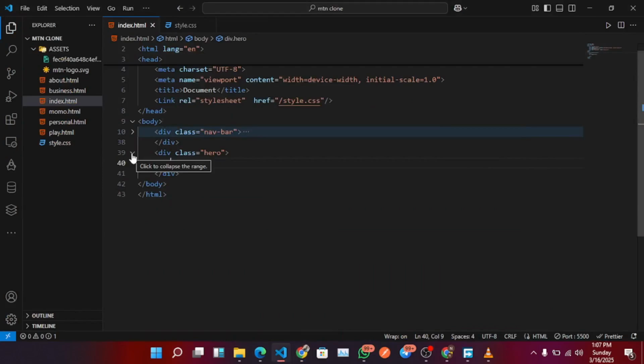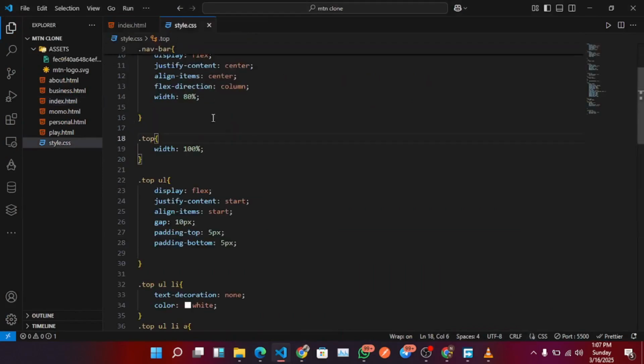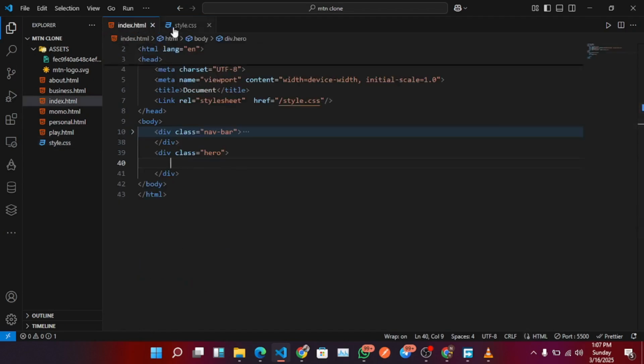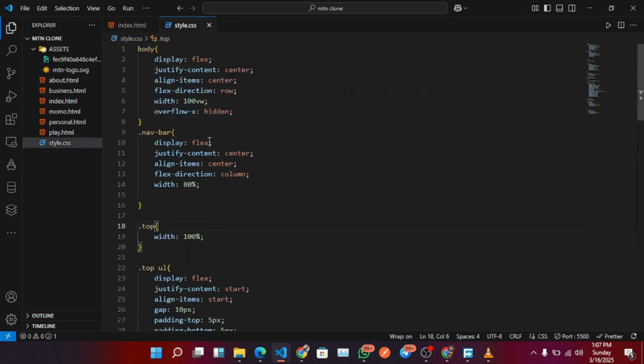So what we shall do is we shall position the navbar to a position sticky. We go look for the navbar and we shall give it